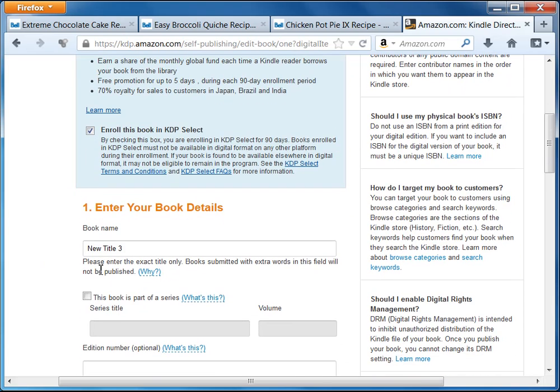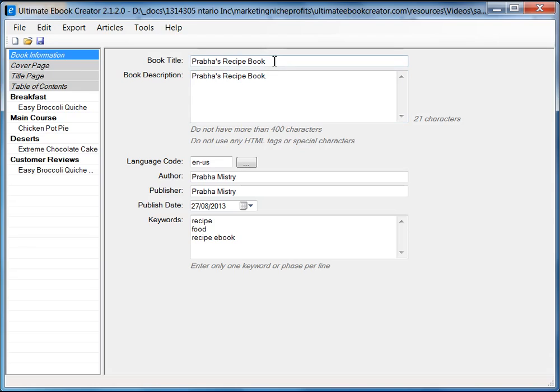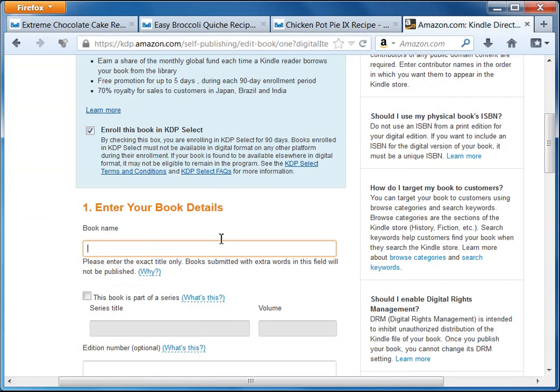Okay, and then we want to give it a title. Now the title should always match the title of your book in the metadata. So I always take the title from here, make sure that it matches. So paste that in there, and then